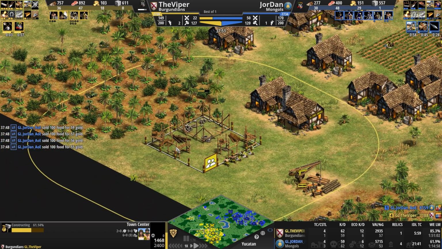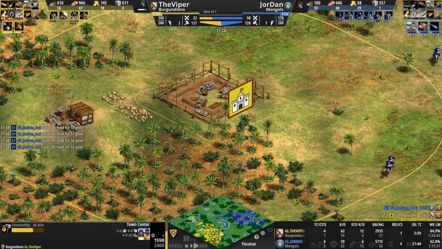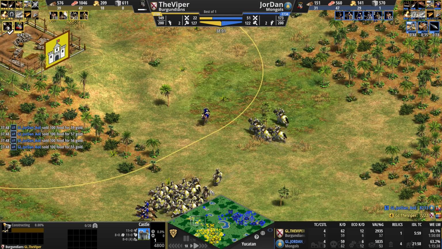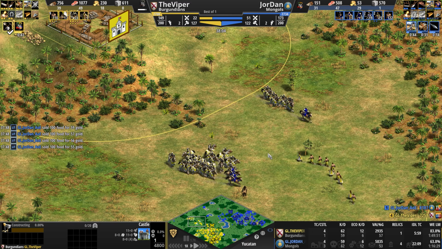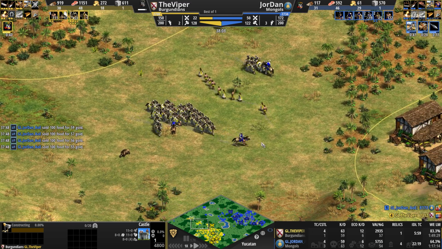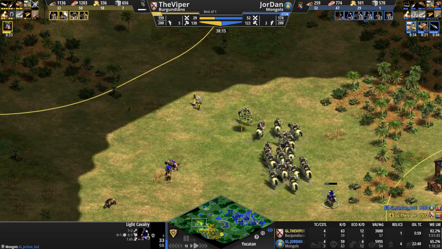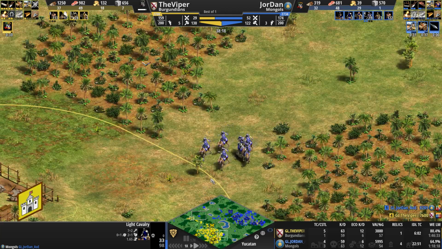Another town center going down for Viper, 3 tiles away from the edge so he can build a farm. And now he wants to secure the gold. He knows how important gold is for a map on a map like this, for a player like the Burgundians. Although blue now sees this train of villagers, so he knows that he can